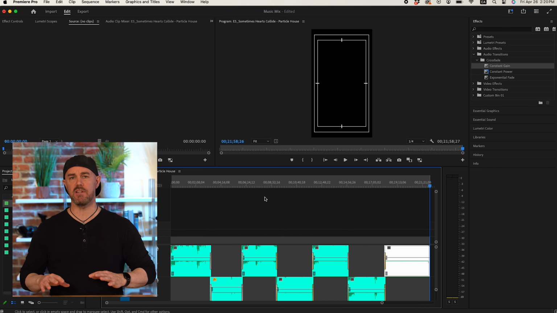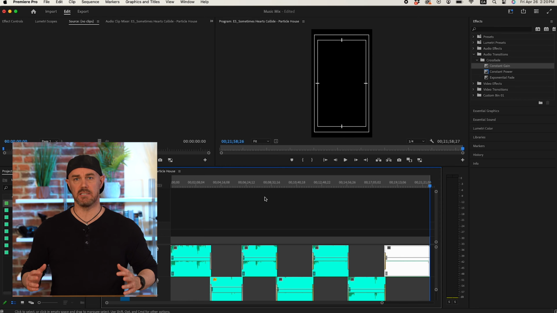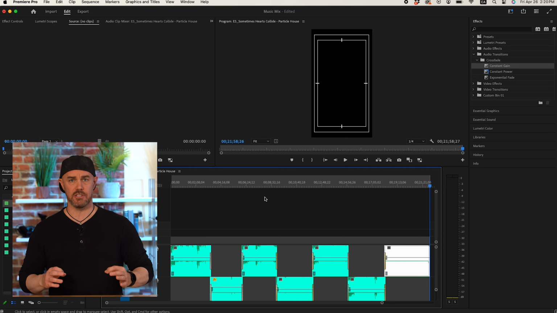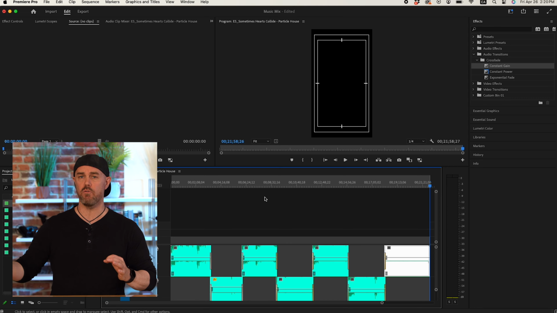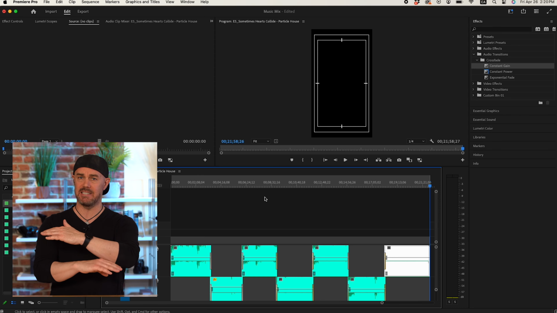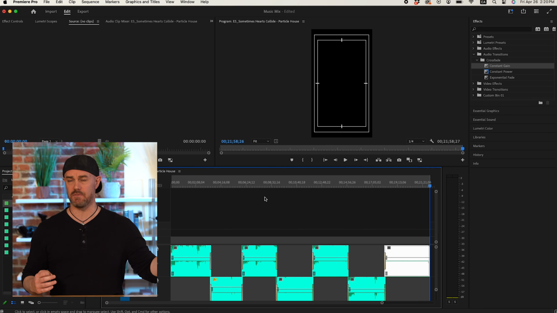Okay, guys, so everything is now mixed. And whether or not you want to add the transitions, what I do is overlap each track by about 6 or 7 seconds. I add exponential fades to the songs that are leaving us, and then constant gain to the new song that's coming in, and they just basically leave and enter at the same time, so it's very smooth. You can just go back to back with the music, but no matter which way you decide to do